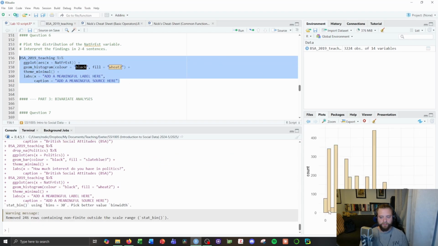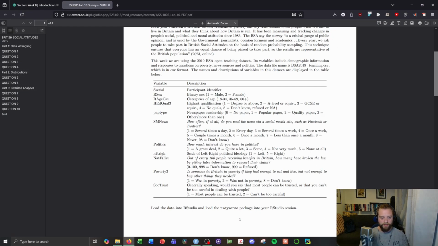So let's run this. Now here's our histogram. So again, we've got most of the marks already, if we can just remember to use ggplot, to put in the data and to use the correct type of graph. So again, let's fix the easy stuff. So our